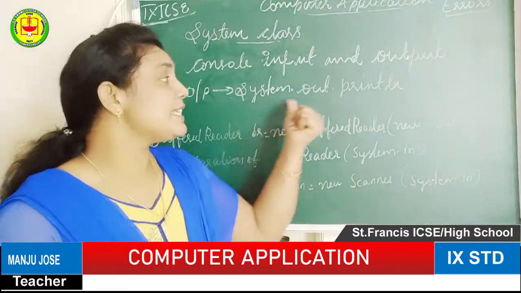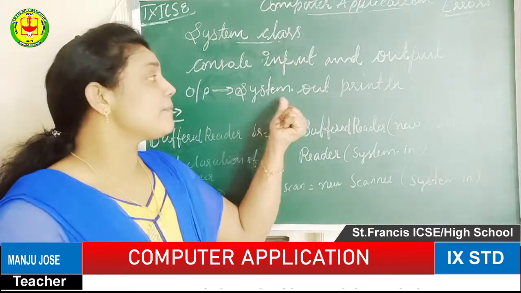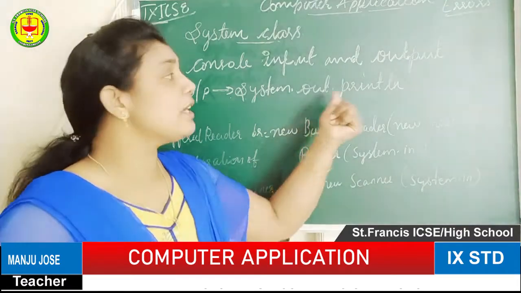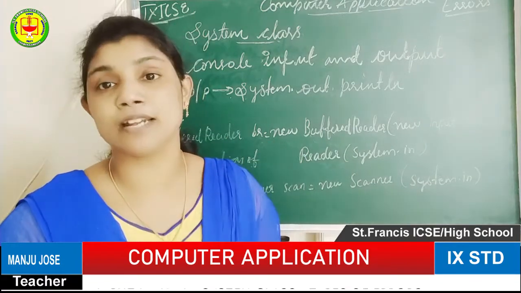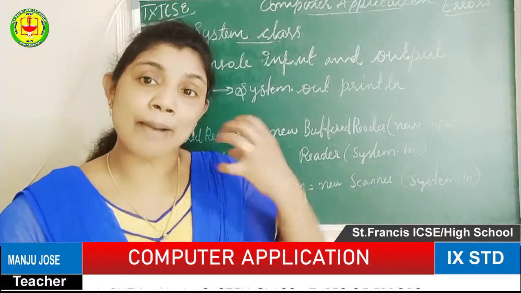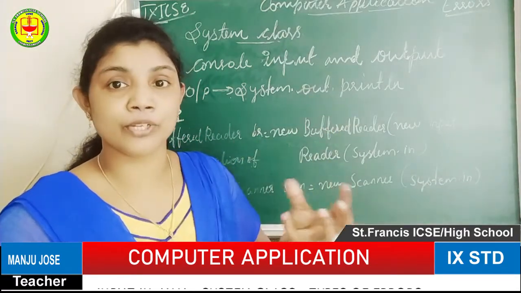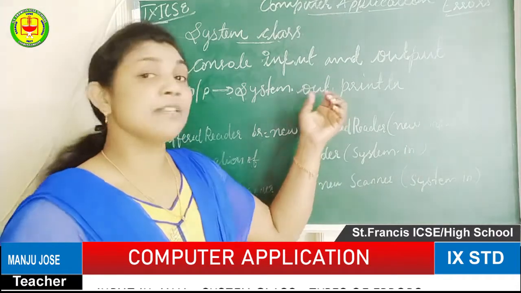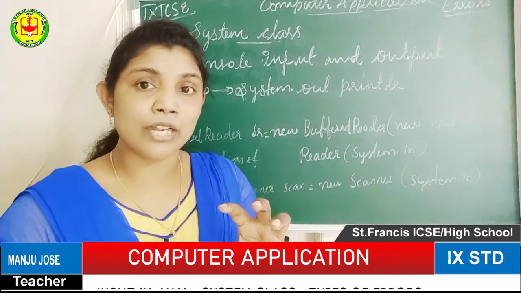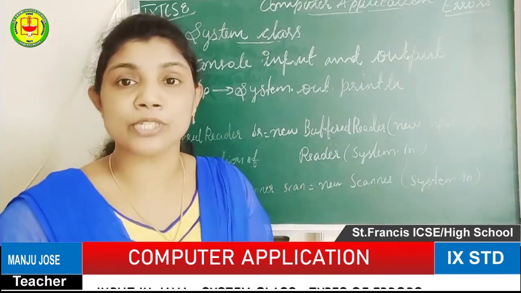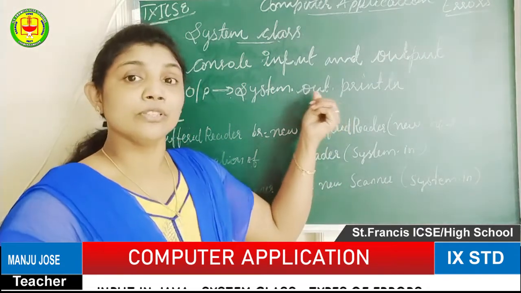There are three sections in this command. The first part is System, the second, separated with a dot, is out, and the third one is println. System is represented by the System class, which is part of Java. Next is out, which represents output, the console output. After inputting something, the inputted value should be sent to the output screen, that means we need to display it on the output screen, so we use out.